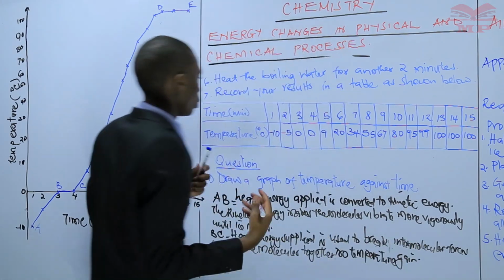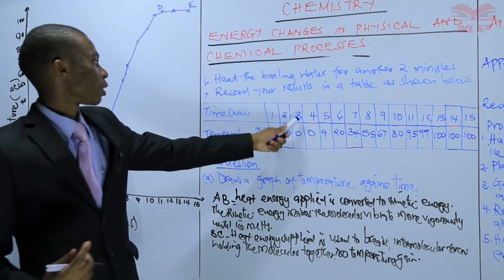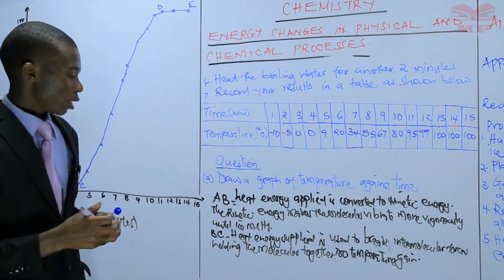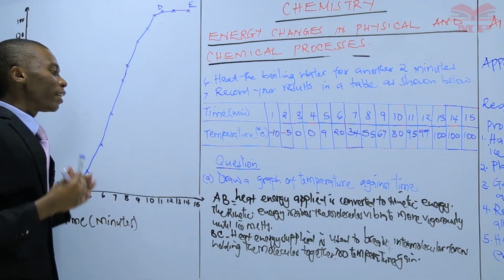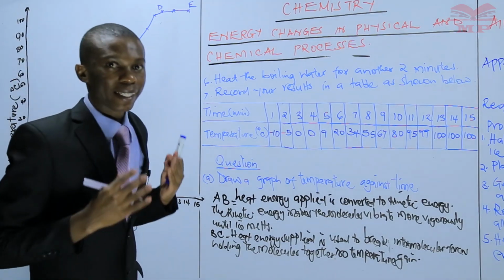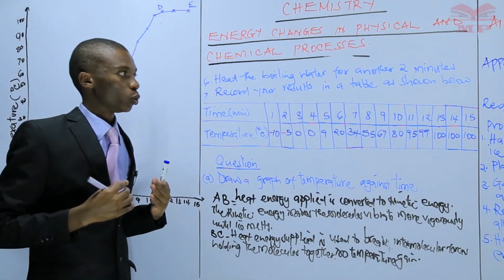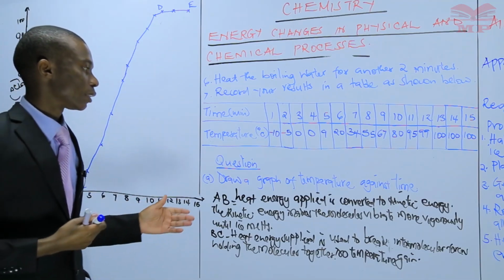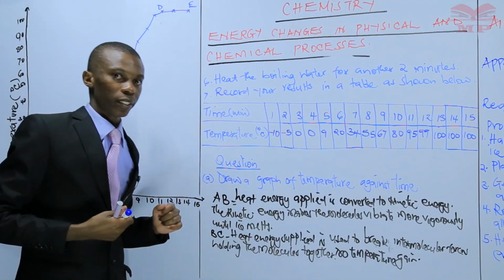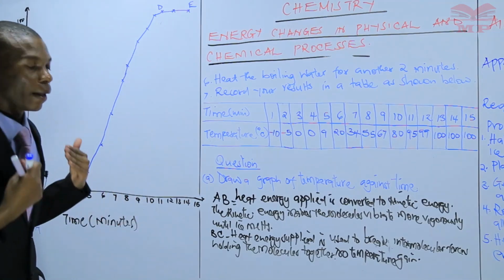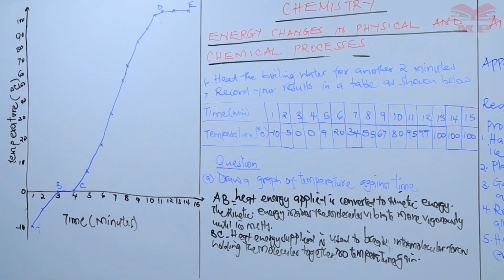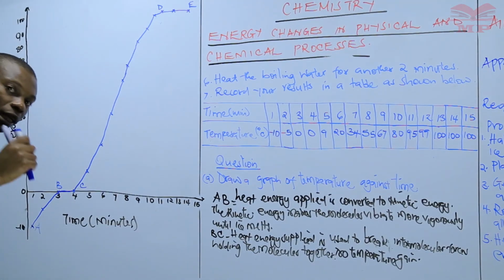No temperature gain, because you can also observe at the 3rd minute, the temperature is 0. At the 4th minute, the temperature is also 0. So at this point, ice melts into a liquid at the melting point. From this graph, you will realize that the melting point of water is 0, that water melts